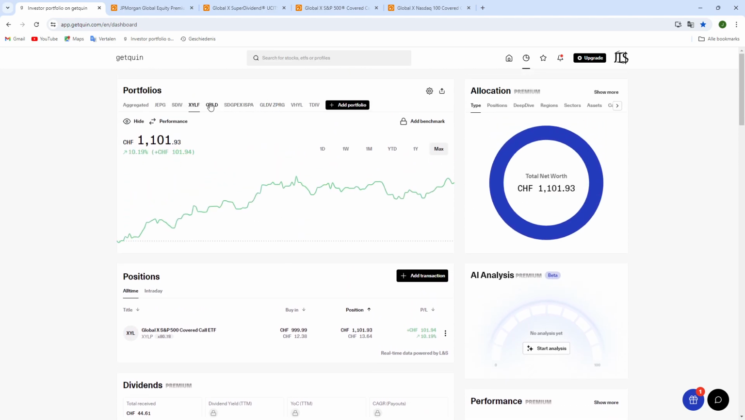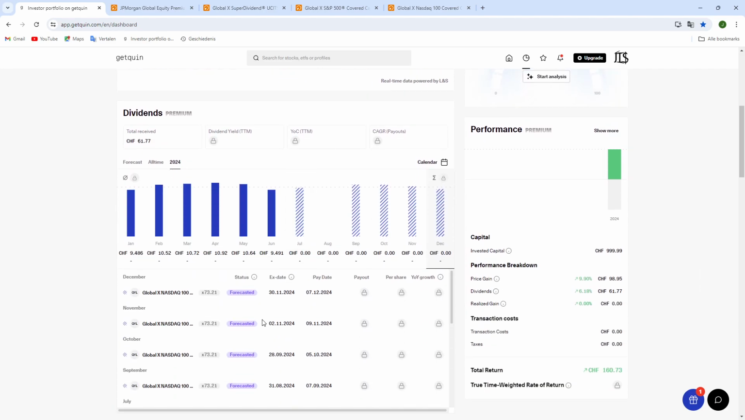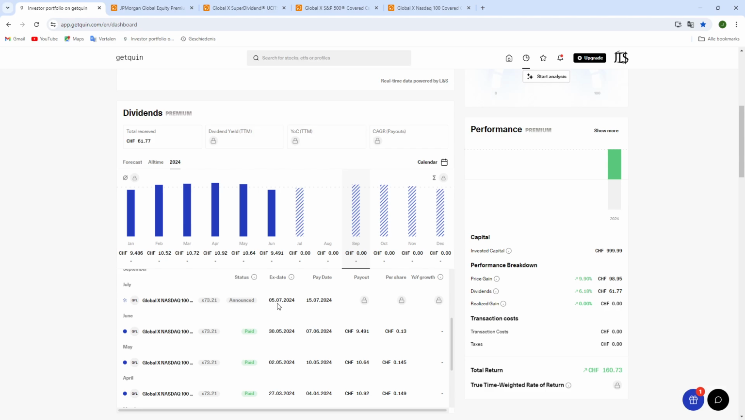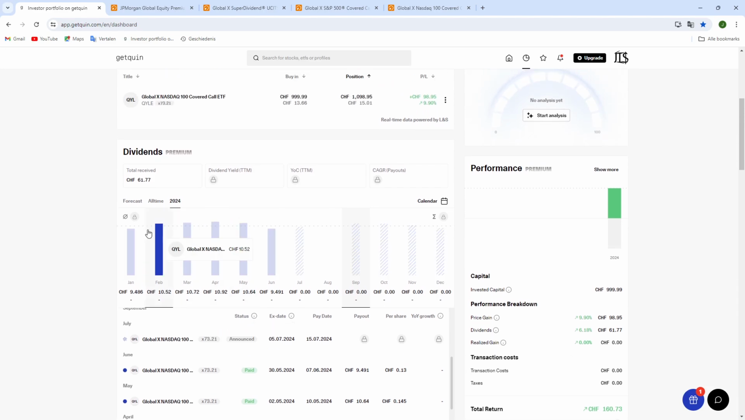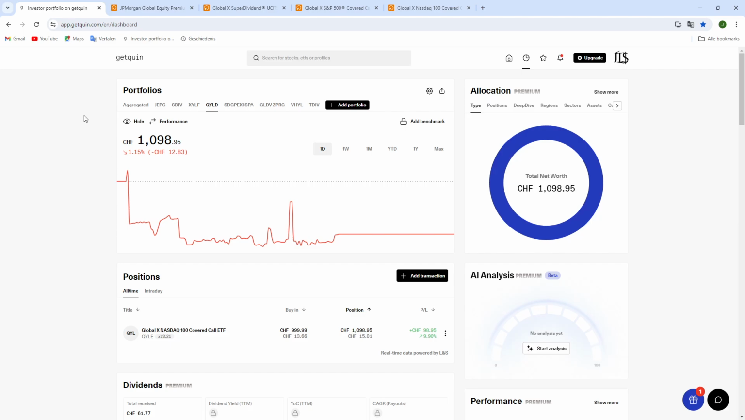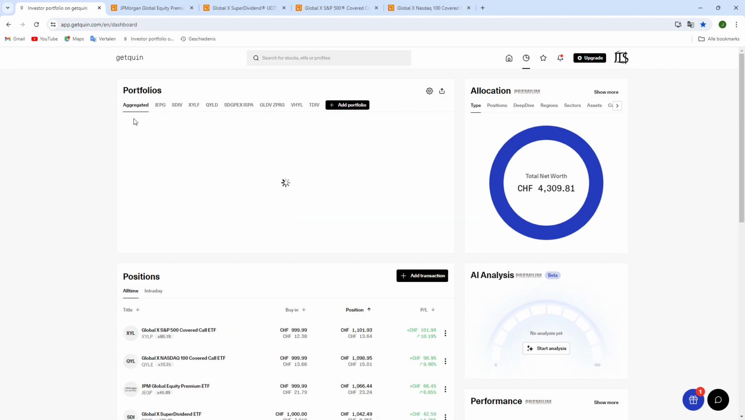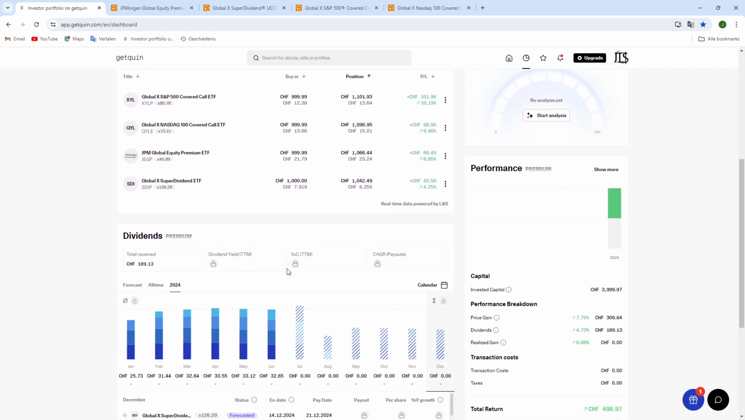And for QYLD, it's just the same. So here you also have the ex date on the 5th, so on Friday, and it's only going to be paid out on the 15th of July. And there we have a price gain of 98.95 Swiss francs, a dividend gain of 61.77, and in total it's up 160.73. So I quite like Getquin for comparing the different ETFs like that,